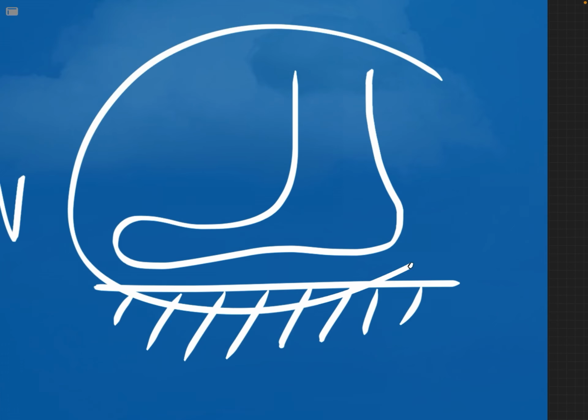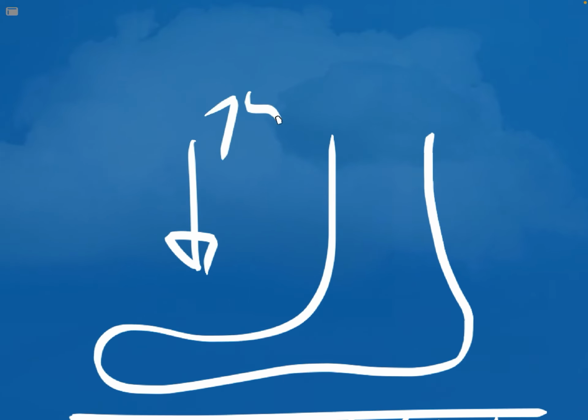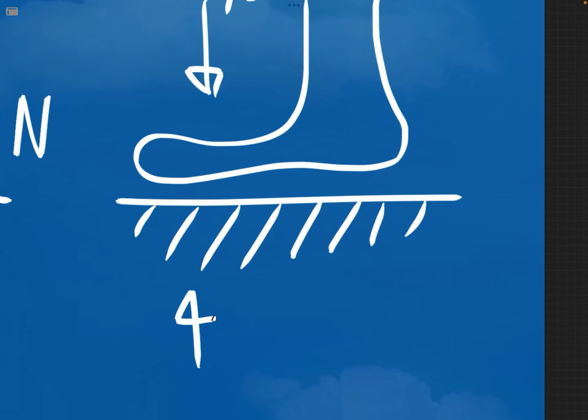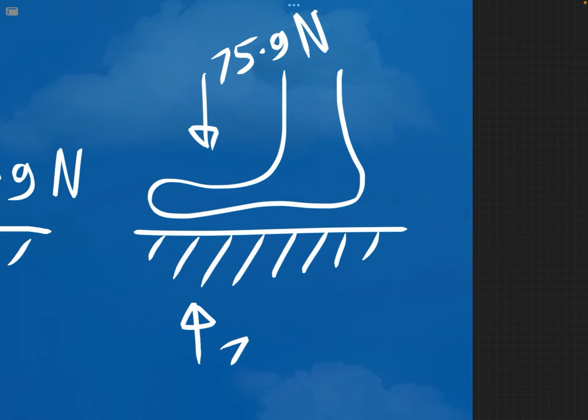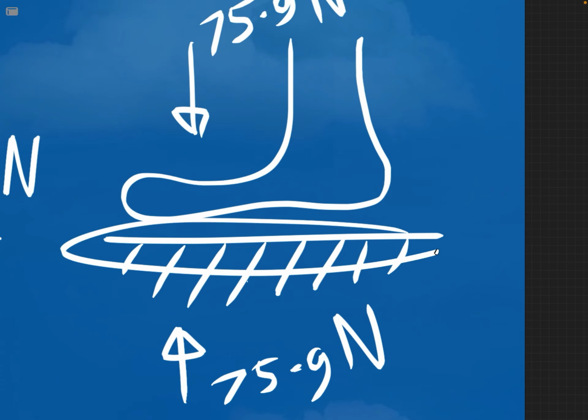If you can imagine that this has a human foot, even though it's a bad drawing, and that person weighs 75 kilos, like the example before, you've got 75 times g amount of force on the ground, and the ground happily supplies 75 g newtons of force up on the foot, and both objects are at rest. And the foot does not bend or break because all that force is being put on a wide area on